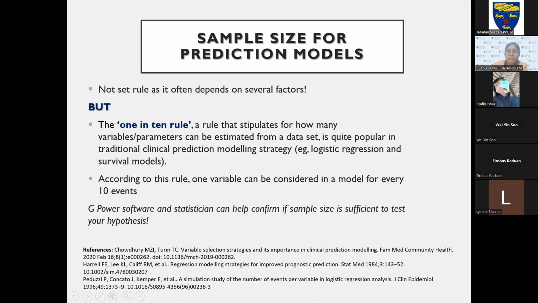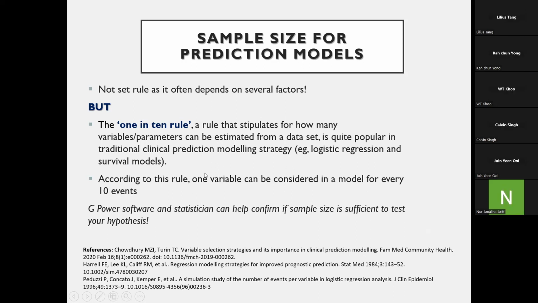sufficient when you're doing your analysis output, when your main analysis and your main outcome is using logistic regression. And when I say survival model, I don't mean Kaplan-Meier, I mean Cox regression, right? So any kind of regression, okay? You can go with this rule of thumb where for every variable you're looking at, you just need 10 patients. So if you're going to have 10 variables which you need to look at to predict, you then need 100, okay? Understand? And you can either get a statistician to confirm it,